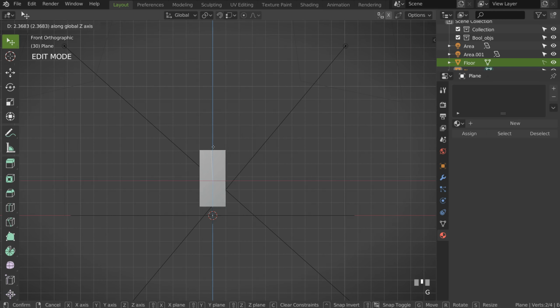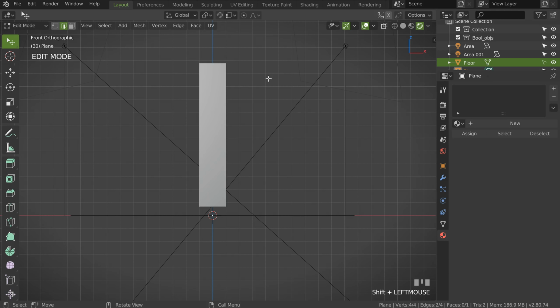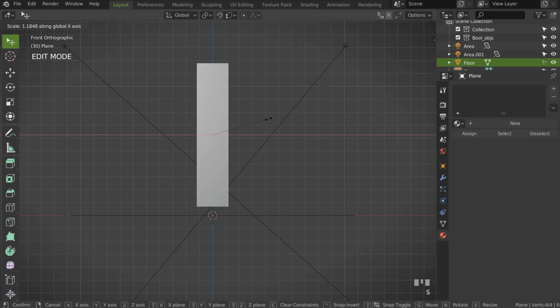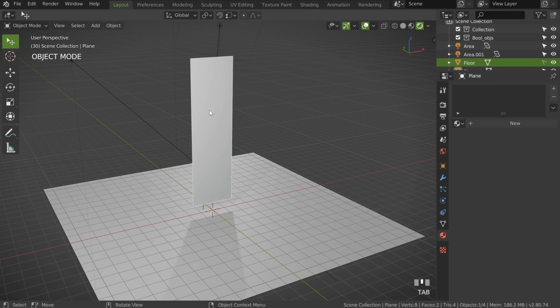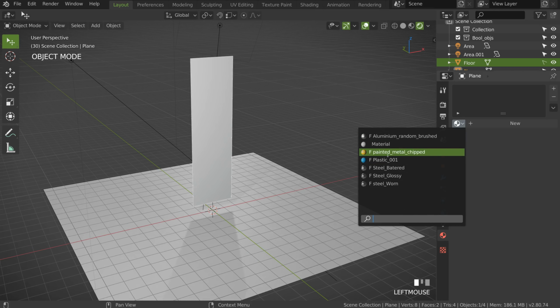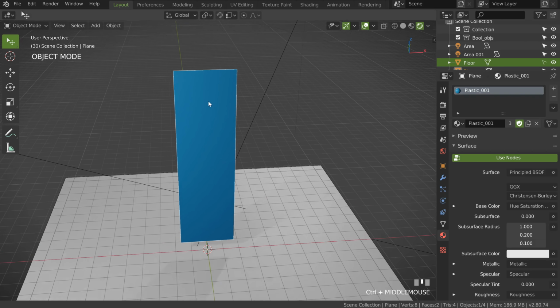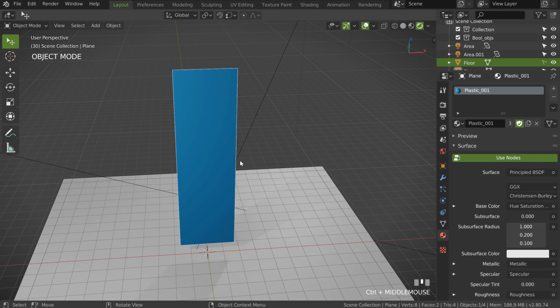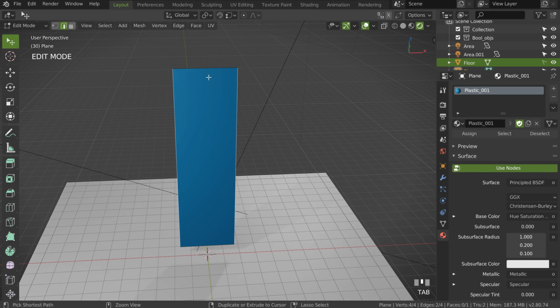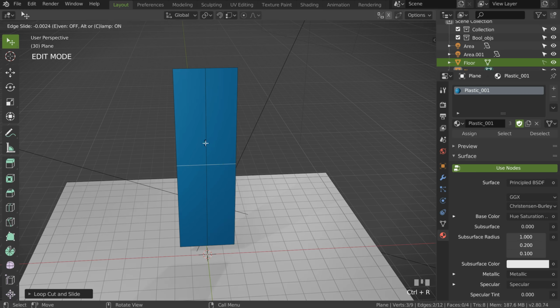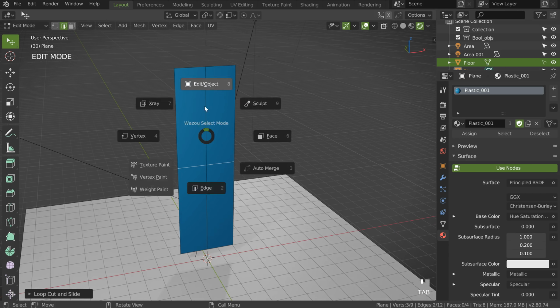G, middle mouse button to constrain on the Z-axis. I will select this one, and I will press S, middle mouse button to constrain on the X-axis, just like that. I will add, why not, a little shadow I made previously, like that. What we will do now is to add some bevels here, but first I want to add lines to help me after for the booleans. You will understand this result later.